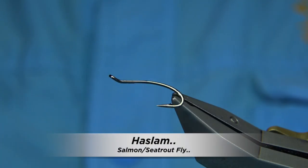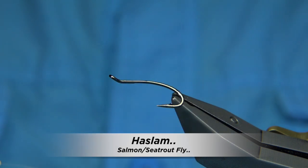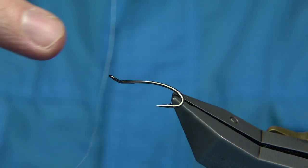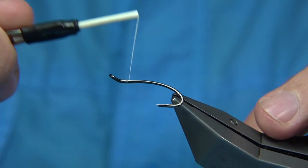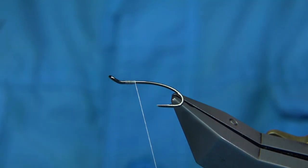To tie the Haslam, to start off with, I'm going to use a white thread. This is 8/0 white thread and uni. Wax the thread. The hook's this, a size 8 double. I'm just going to start it a couple of mil or so from the eye. Put a few turns on to get the